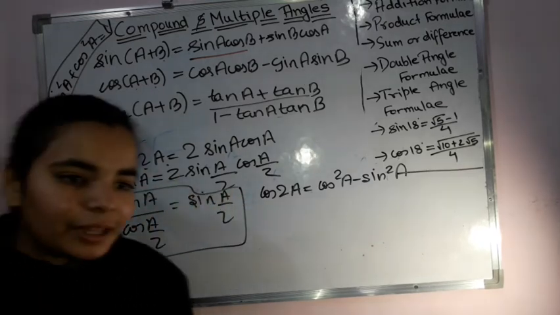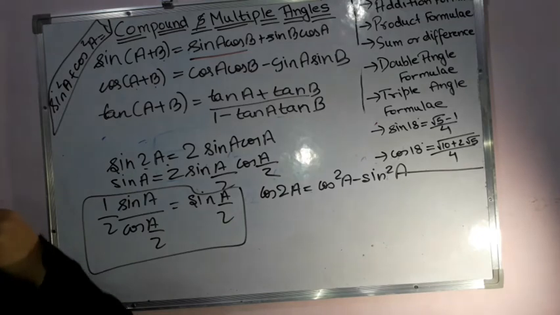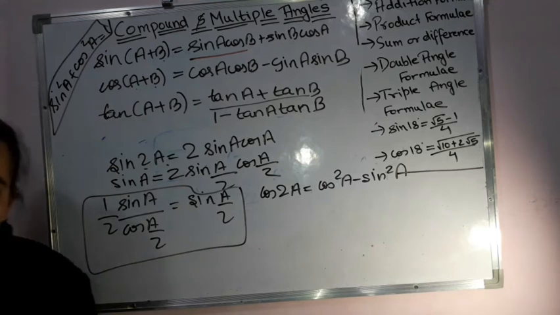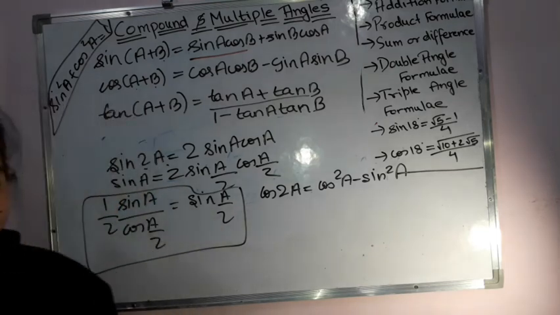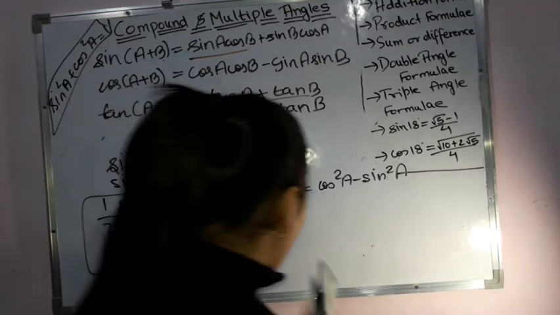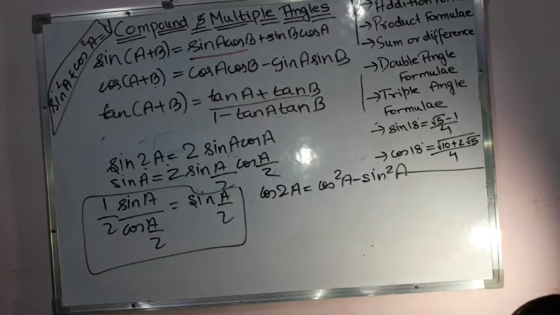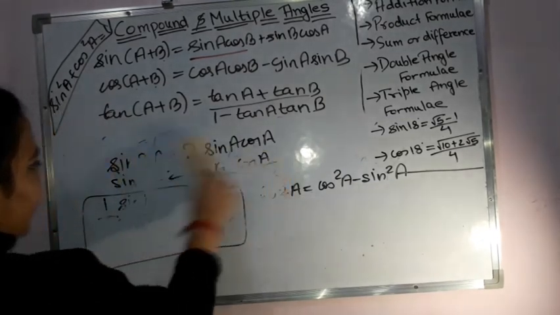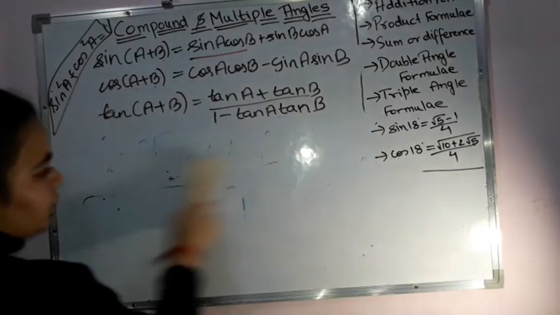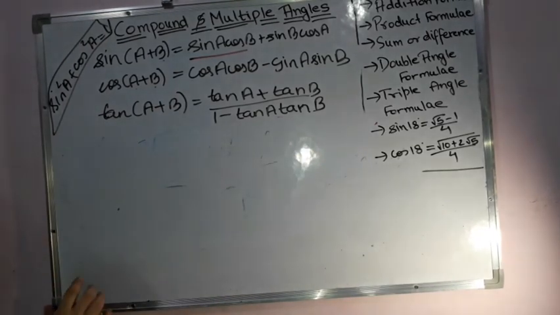The basic thing is why I am telling you this: when you are just a beginner in this, you can derive the things. Then after solving certain questions related to it, you will get into a habit of learning them. They're not that typical if you see, so you can learn them also, and then you can directly apply them. Right? So now after these double angle formulas, we have triple angle formulas. This triple angle formula is something that you need to learn. You can derive them also, but if you want, then please learn them so that your time is not wasted when you solve the questions. So just learn these three formulas that you have for triple angles.